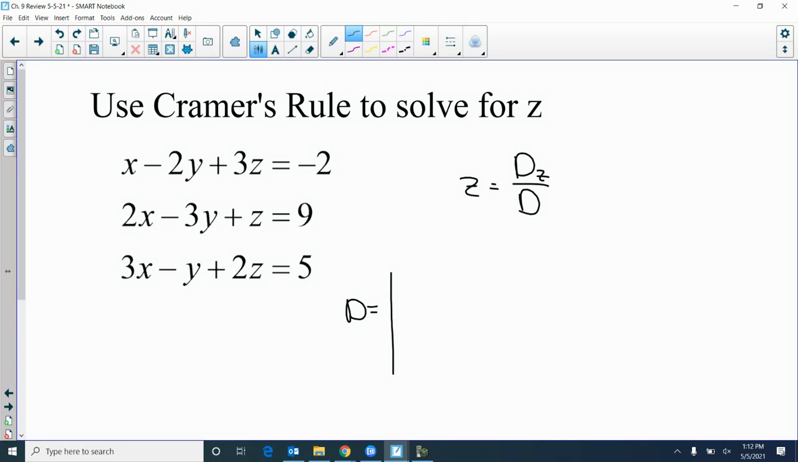is going to be the determinant of the coefficients of X, Y, and Z. So it's going to be 1, negative 2, and 3. And then my next row is 2, negative 3, 1. And then 3, negative 1, 2. You can use your calculator to find that determinant. You just type it in, do determinant. That is absolutely fine. And then D sub Z